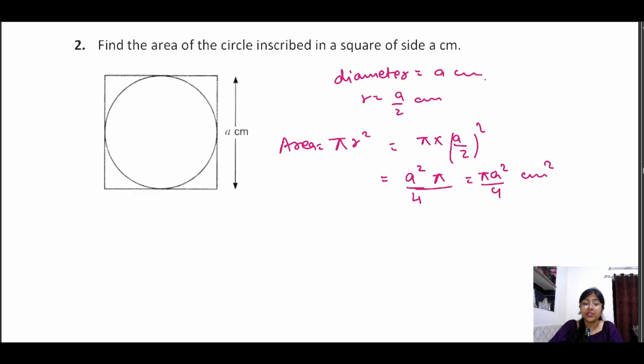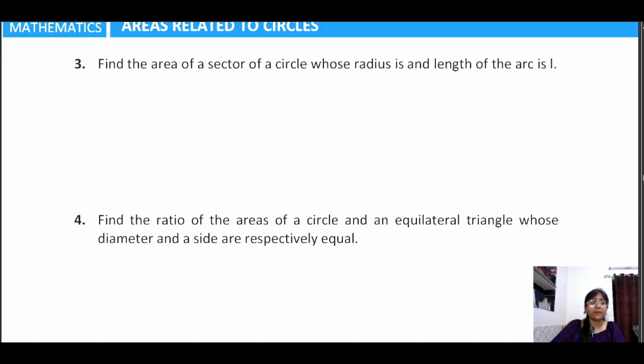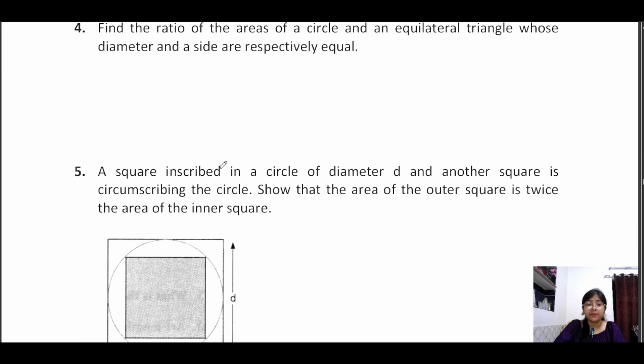Okay, learners, you got the solution? Okay, now move to the next question. We need to find out, what we need to find out? Find the area of the sector. Okay, formula for area of the sector, yes, theta by 360 into pi r square, whose radius is, okay, this is an incomplete question. So we can let the radius as r, and the length of the arc is, okay, leave this question. It is an incomplete question. Okay, move to the next question.